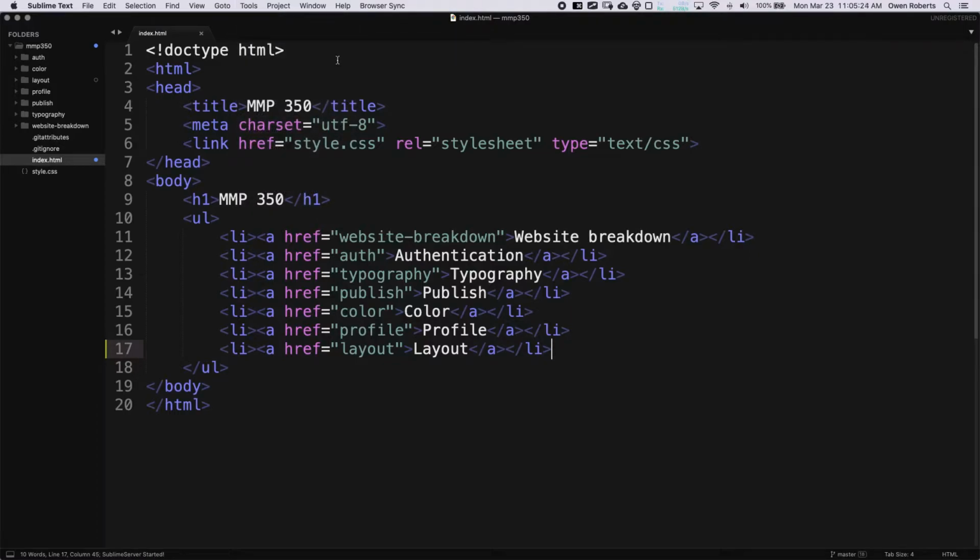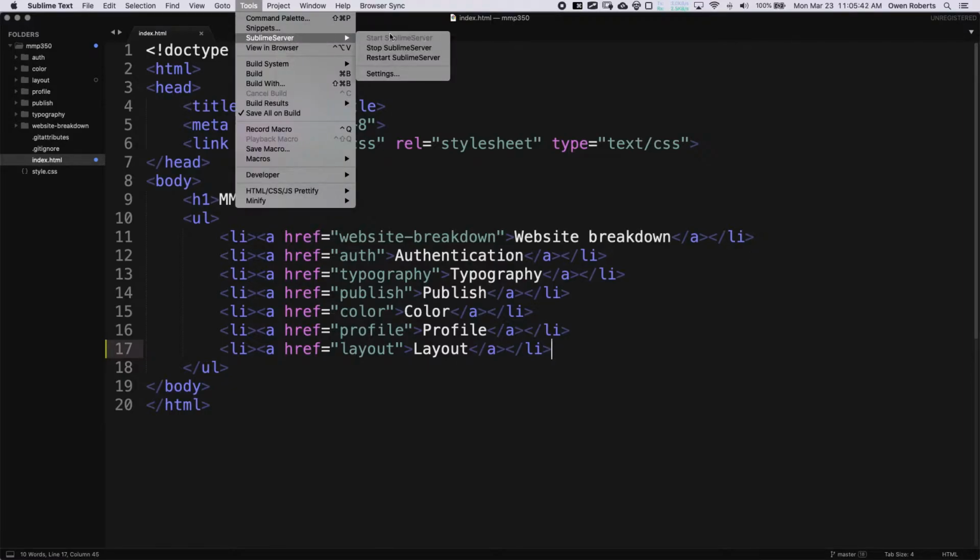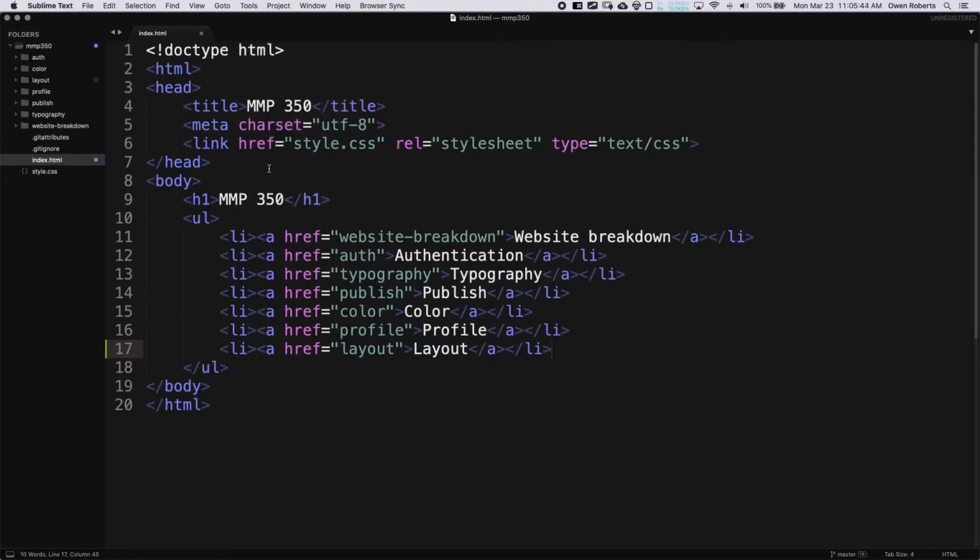If you don't have the Sublime Server set up, you can go check out the previous video that I did and look for that. I'm also going to upload, when I get a chance, a few videos going over some of the basics, so that'll be there to review in a bit. So again, just go to Sublime Server, Start Sublime Server. That will start